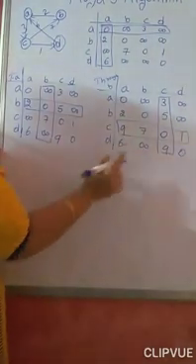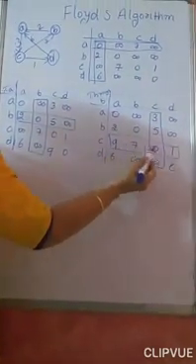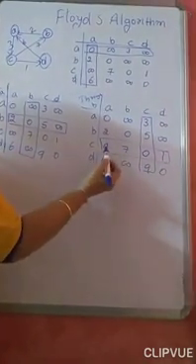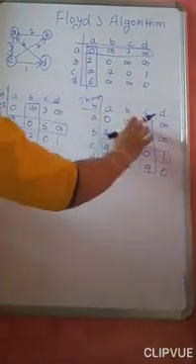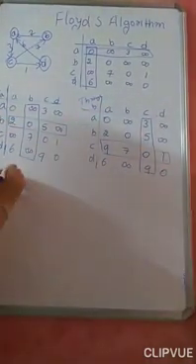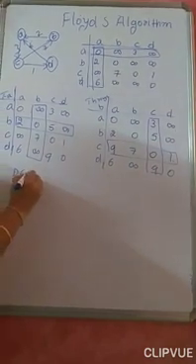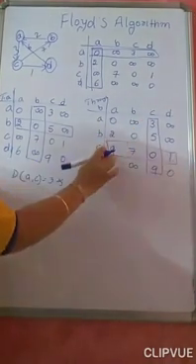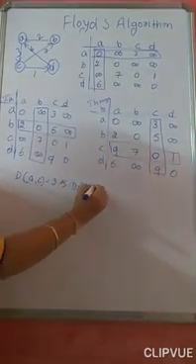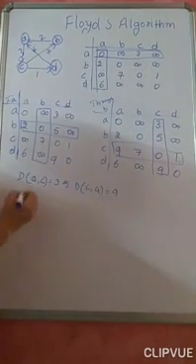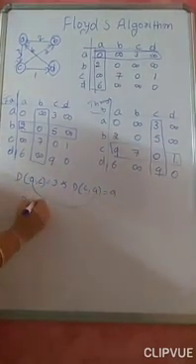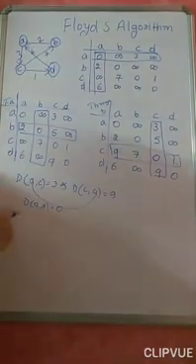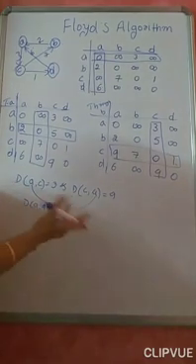It takes too much time now. This 3, I need to repeat with this row. 5, I need to repeat with this row. 9, I have to repeat with this row. Got it? So I'll consider this 3. What is that 3? A to C is equal to 3, and I'll repeat this with this. The distance of C to A is equal to 9. Therefore, the distance from A to A, since it is a diagonal element, you can directly write as 0. No need of computing that one. So A to A will be 0.